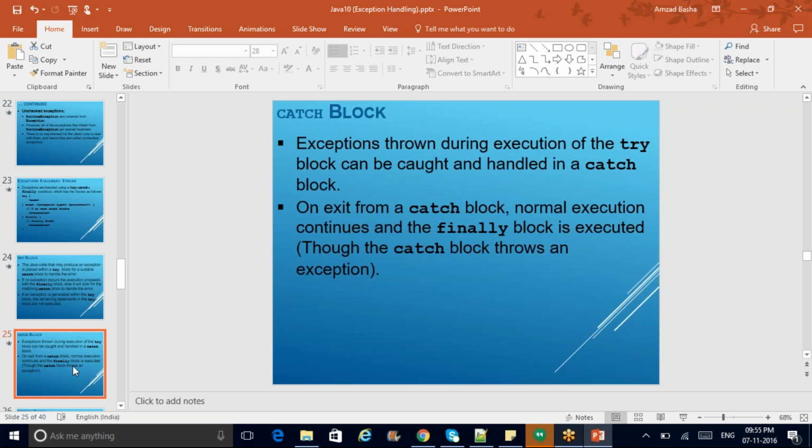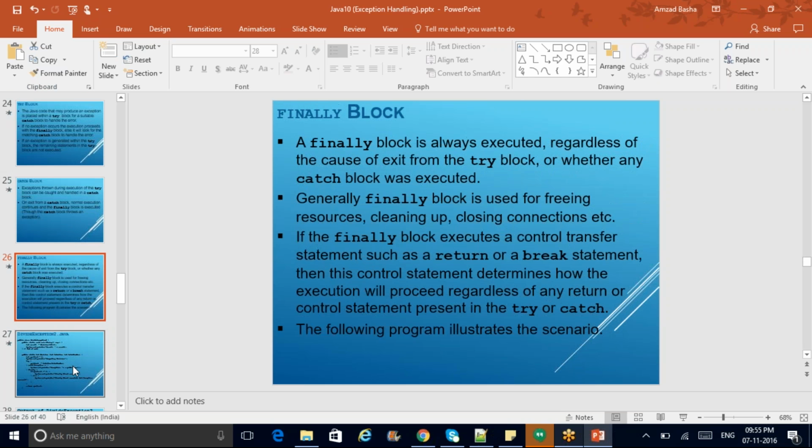In case finally is there, that will also get executed after your catch block. The finally block is meant to keep always executing, whether an exception occurred or not. So the purpose of this one is, let's say inside your try block you are trying to connect to